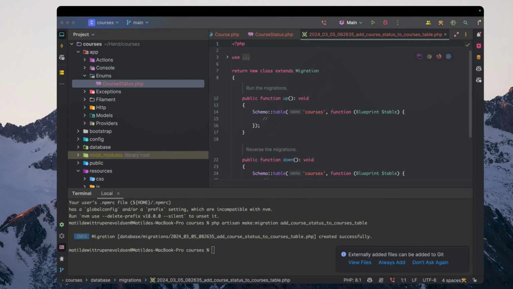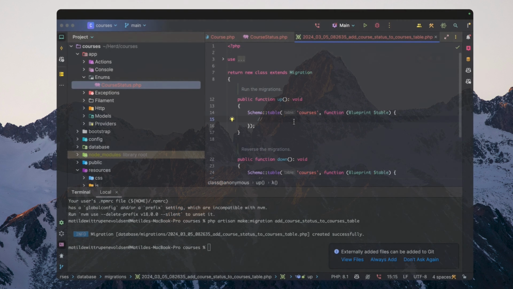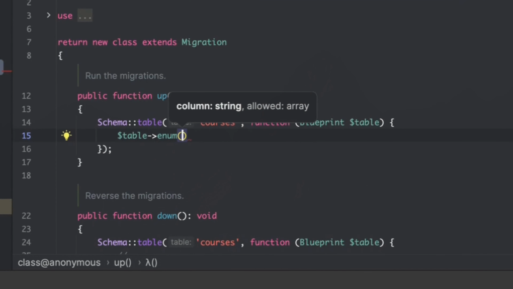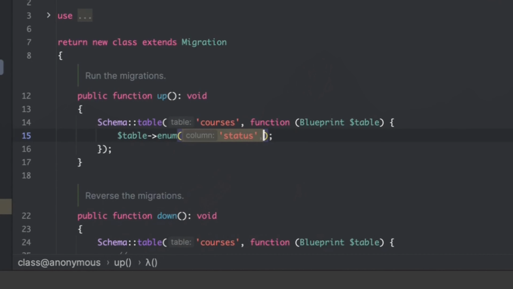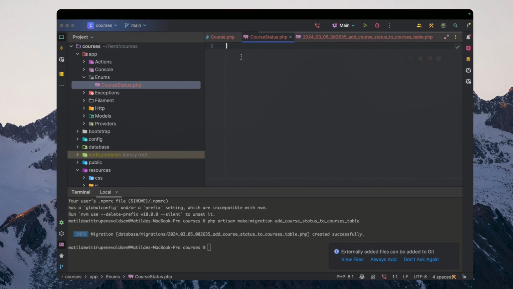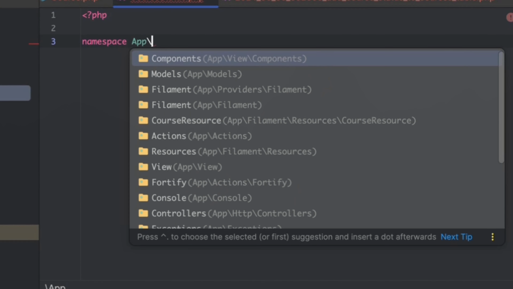Perfect. And let's go in here and create an enum. And inside this enum, we want to just have this as a status. So the way we're going to do that is actually just go ahead and create the course status now. So if we head into the course status in here, let's just create the PHP file. Okay. So I'm going to say